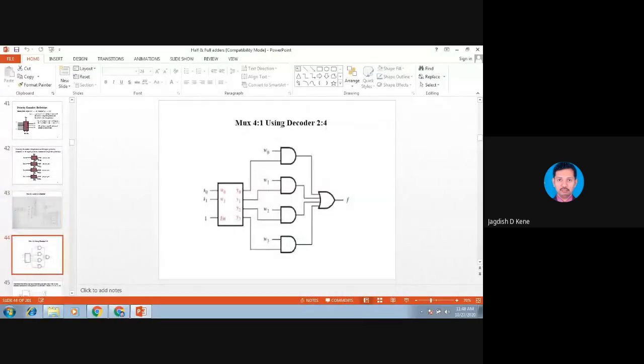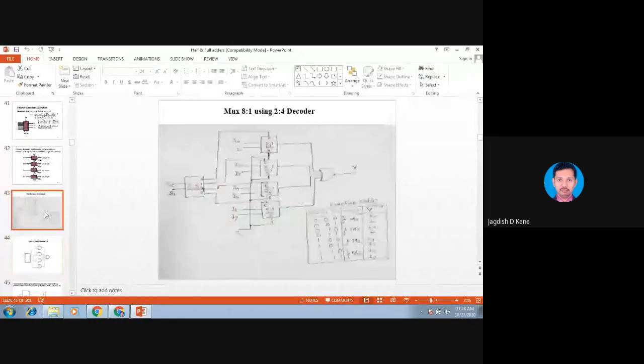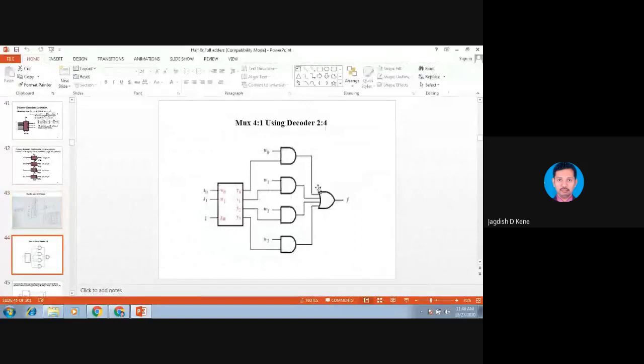Next, again, this is a 4 to 1 mux using a 2 to 4 decoder. So that was the 8 to 1 mux, and this is the 4 to 1 mux. What are the select lines for the decoder? Two, that is S0, S1, and it will generate Y0, Y1, Y2, Y3. These Y0, Y1, Y2, Y3 are connected to AND gates, and each AND gate will be connected to data lines I0, I1, I2, I3. When this is 0, 0, Y0 is active high and data is connected, so the product will be generated and that will be transferred to F.